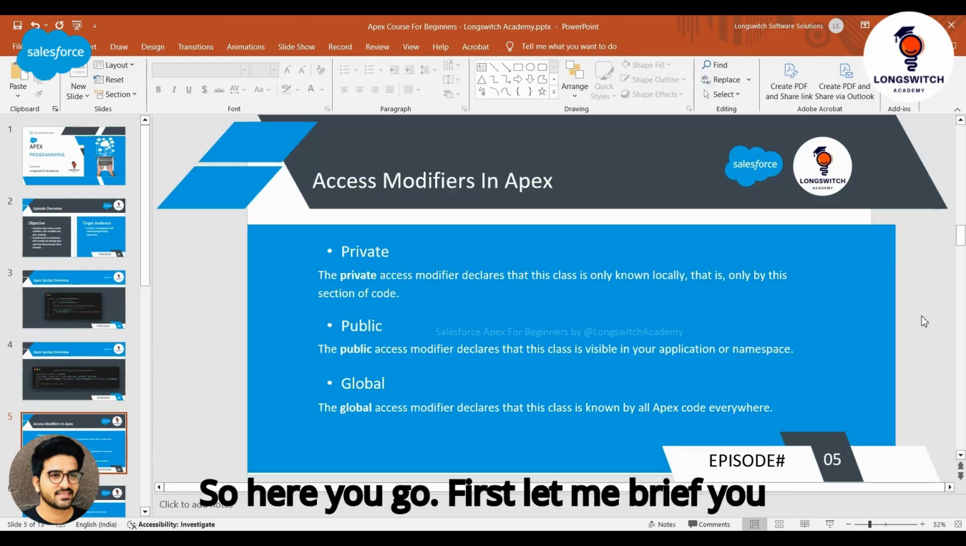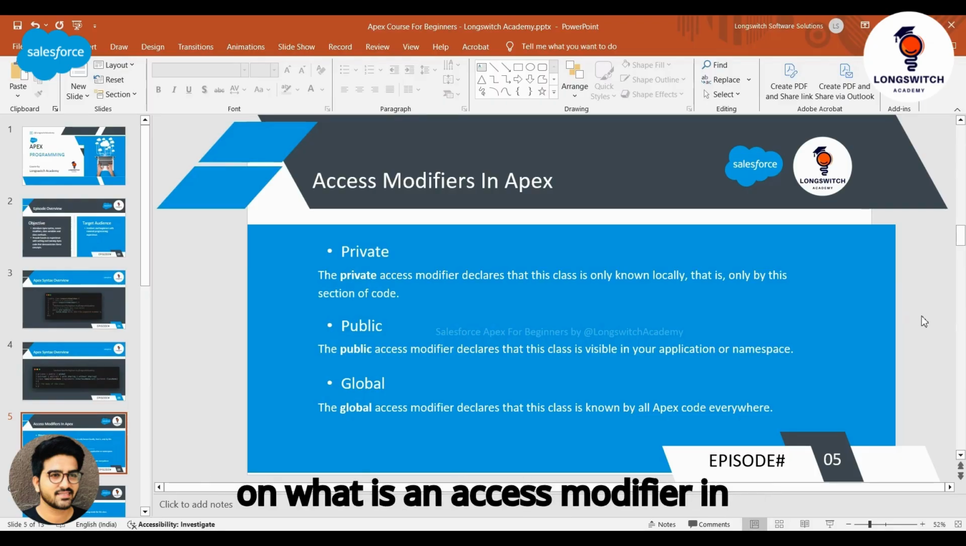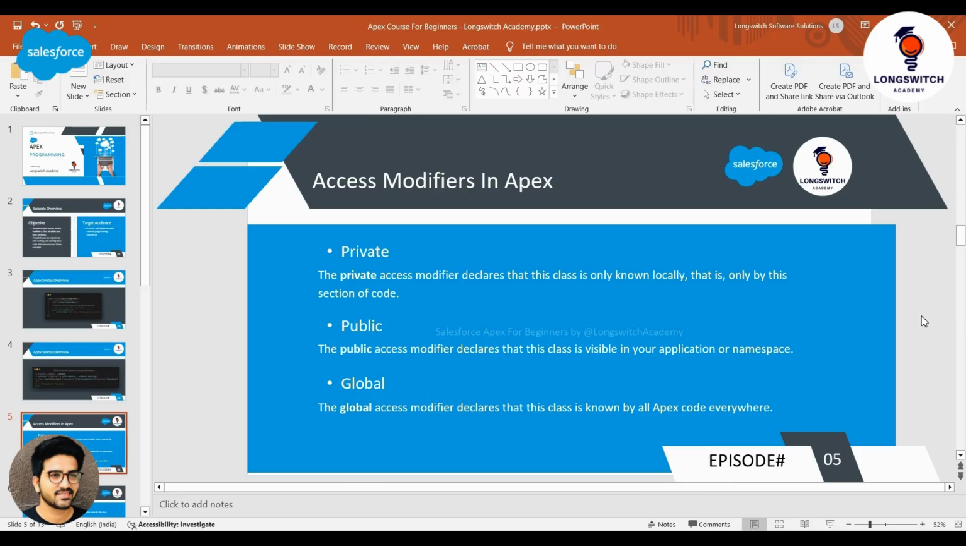So here you go. First, let me brief you on what is an access modifier in Apex. Access modifier controls the visibility of your class within the Salesforce system. For example,